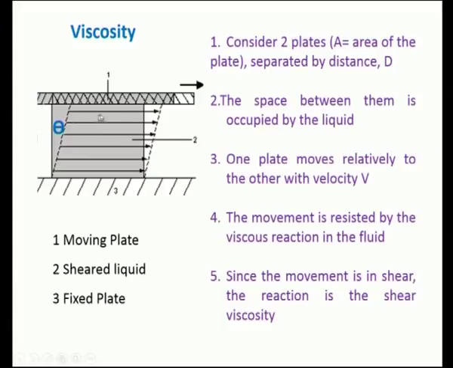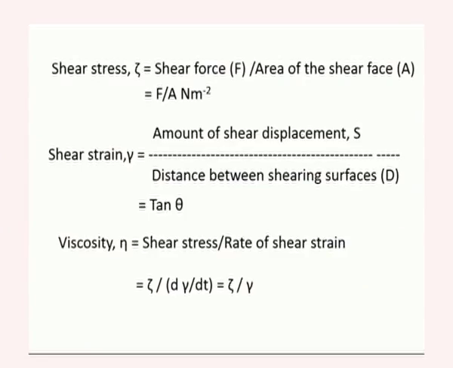Now, you could find it has tilted slightly, but not as a whole; rather it follows a specific way, like this is one layer, this is another layer, this is another layer. In other words, the liquid present between these two plates is subject to a shear, and this shear effect is transferred in a layered fashion. This resistance offered by the liquid is what we call viscosity, and these are the terminologies associated with it.